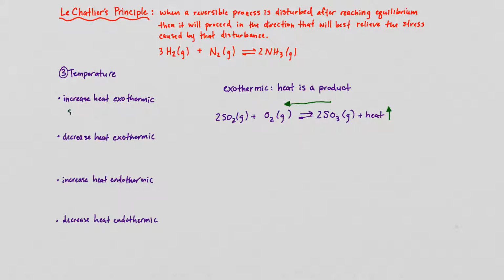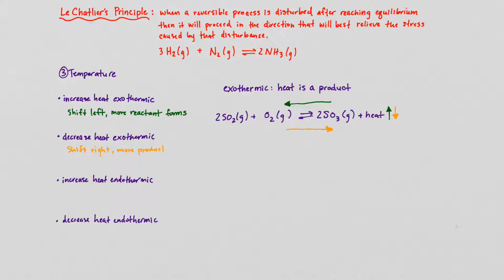Okay, so we have a shift left, and more reactant forms. Okay, and then what if we decrease the heat? So let's just say that we were to decrease the heat. Hopefully you can see this yellow. But if we decrease the heat, what happens? We get a shift to the right. Okay, shifts right, so shift right, more